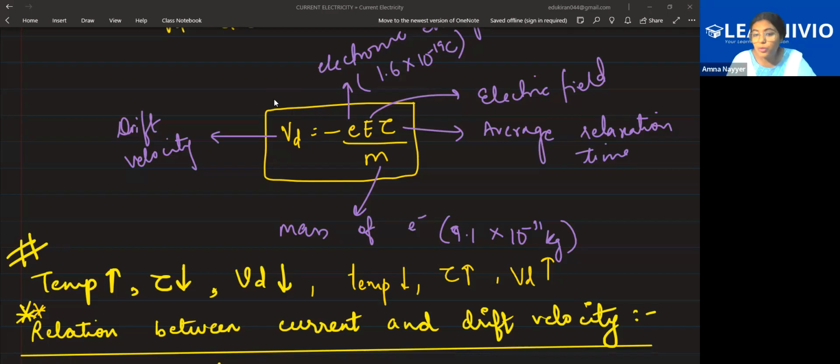Why is it more important? Because this has a smaller portion. Since it is smaller, you have a concise derivation. So the examiner will try to target you on this rather than asking drift velocity. Drift velocity depends on how you do the derivation and each and every step. But the relationship between current and drift velocity is very concise, and that's why the examiner prefers to give this. That's why this is very important, though it appears very small.